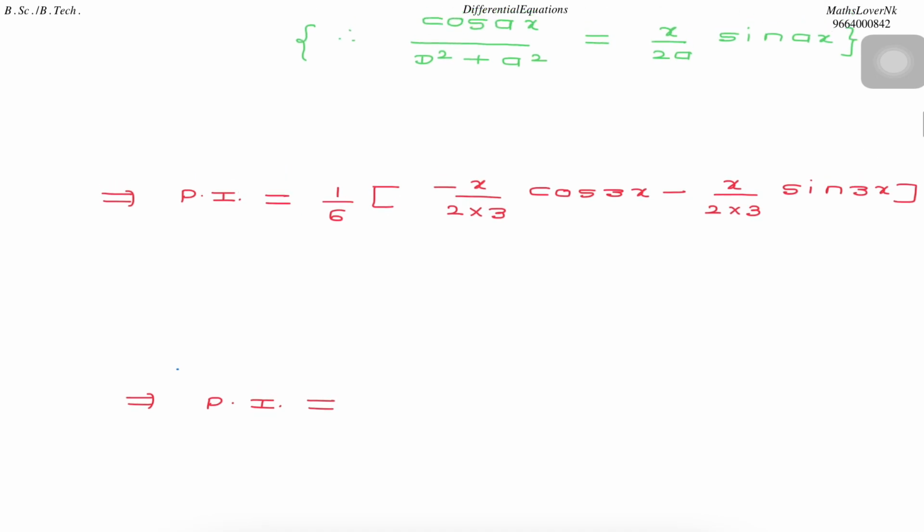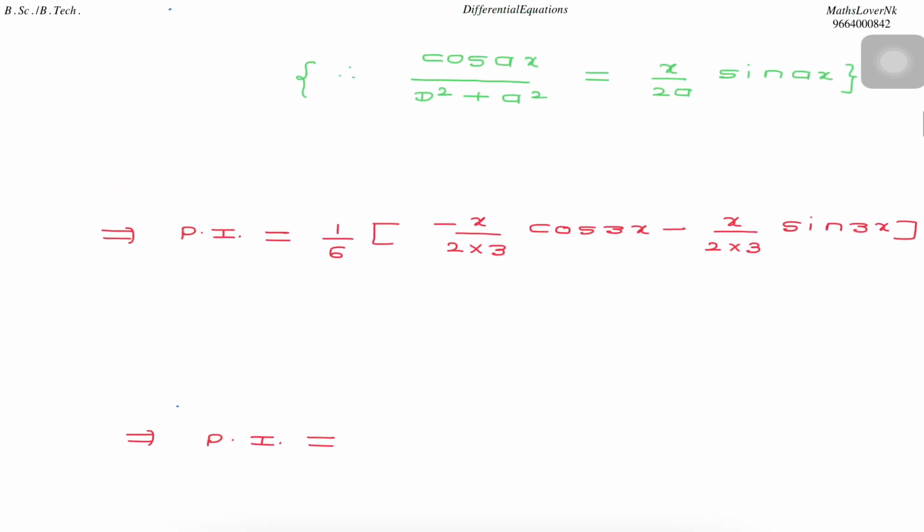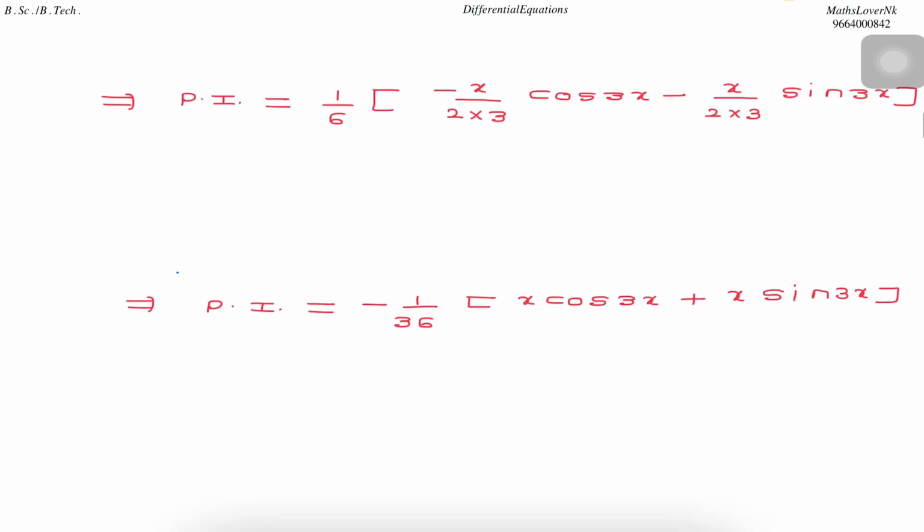Now PI is equal to minus 1 upon 36, taken out as common, x cos 3x plus x sin 3x. It's our PI. Now the general solution is given by, hence